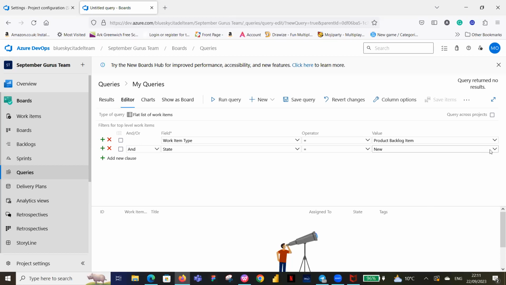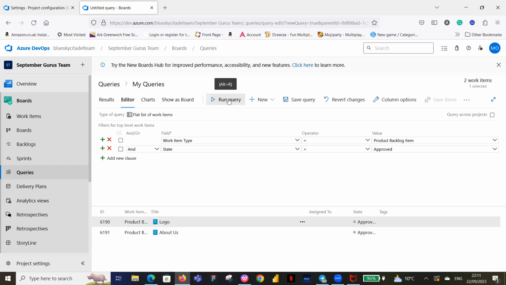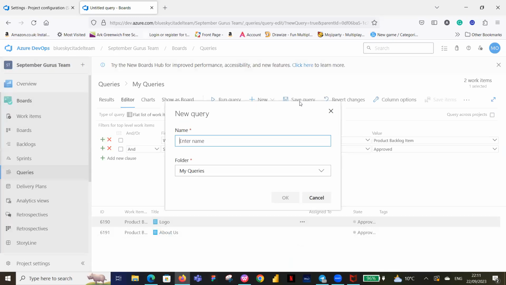But because of what we wanted to do, I've put them in the approved column. So don't create an approved column and just move all stories into the approved column. There has to be a story ready in the approved column. Okay, and then we run the query. And then it's coming up. So I have to save this query that I've run. So I click on save query, and then I can just say